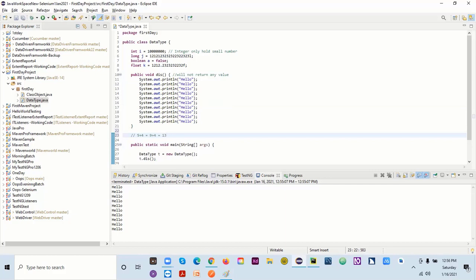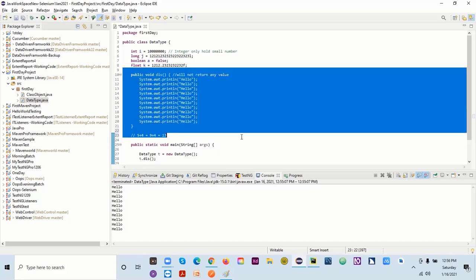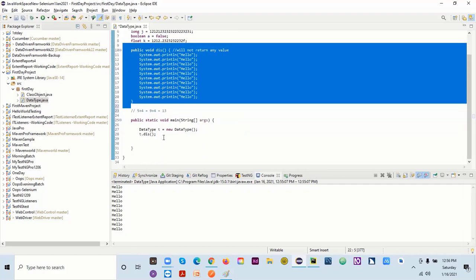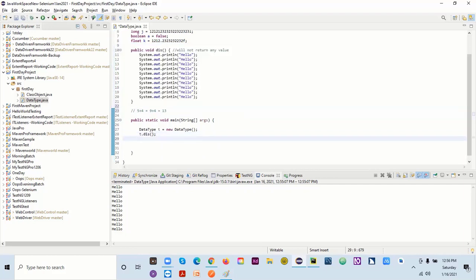That's what I want to do, right? I want the output of this 5 plus 4, which is 9, and want to use this 9 in some different method. So I need to return a value, but it will not return a value. If I do it like this, it will give you an error.